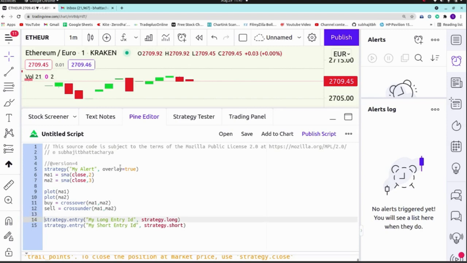Now we will define the strategy. Strategy entry will be, let me rename the name long, and if it is true, that is for long, let me take the quantity as 1, and when equal to buy, and we will exit the strategy.